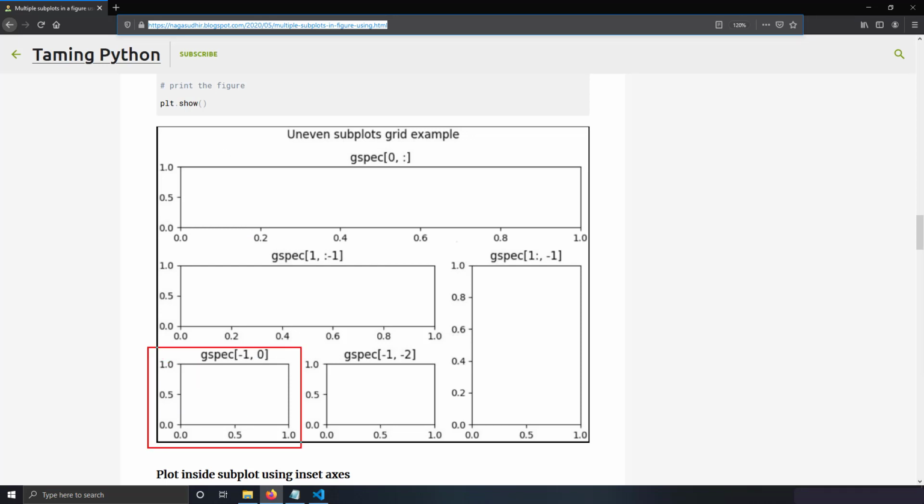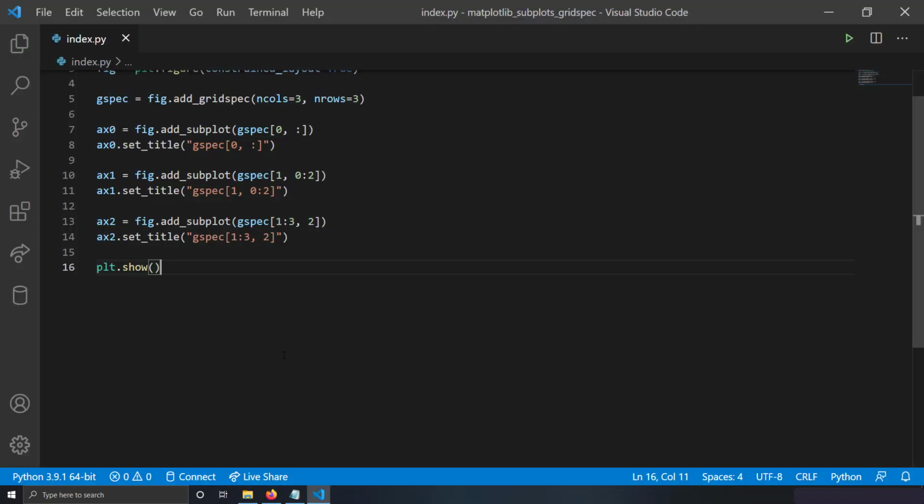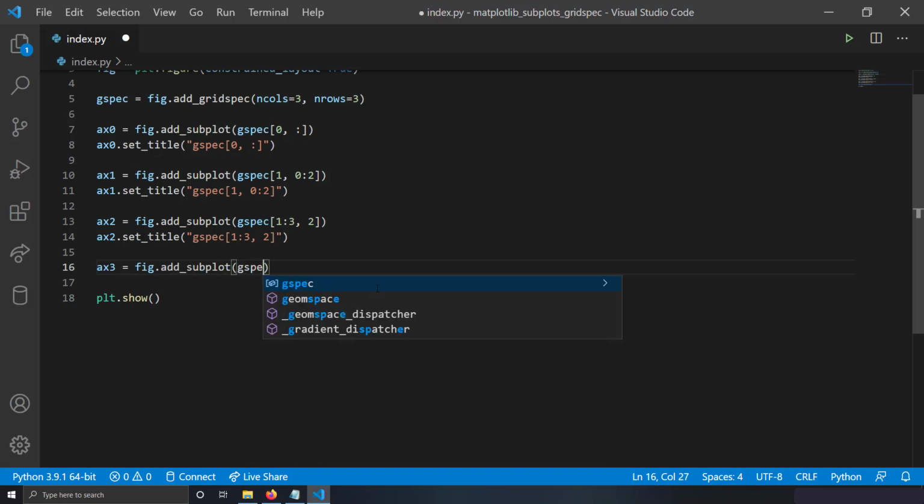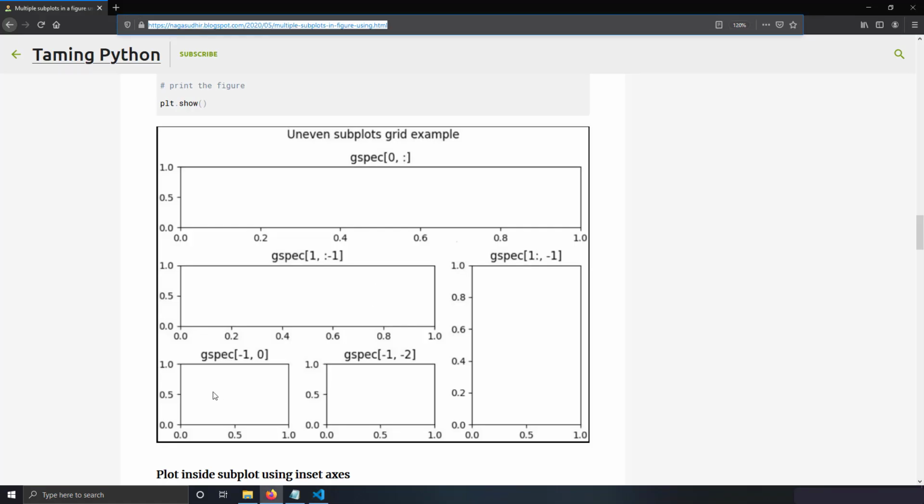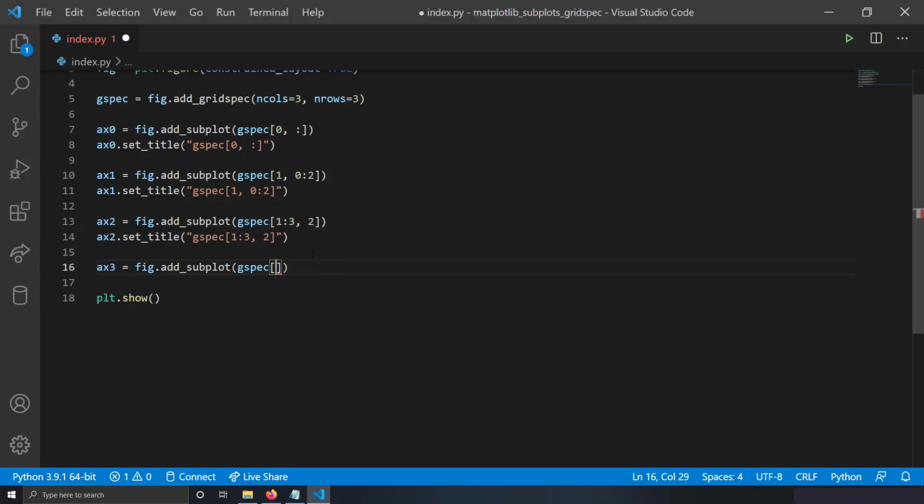Alright, so now let's try to add this subplot also to this figure. So now I will just write ax3 equal to figure dot add_subplot, and here I'm going to give the gspec of. Now it's using the last row and the first column. So the last row here is the third row, that means index 2, and the first column here is the 0th column. So now I've got a single row and column occupying subplot here, ax3, and I'll set the ax3 dot set_title of gspec. I'm giving the title string here, gspec of 2, 0. Alright, so now I've created an axis 3 also, which spans the last row and the first column.